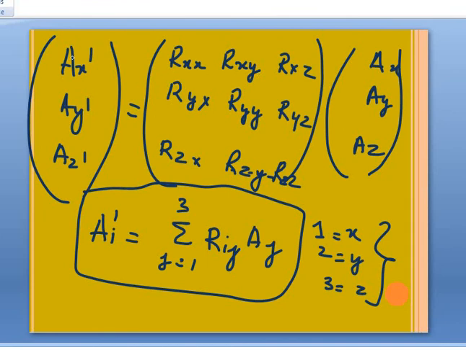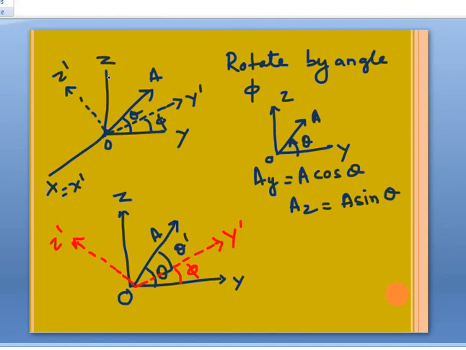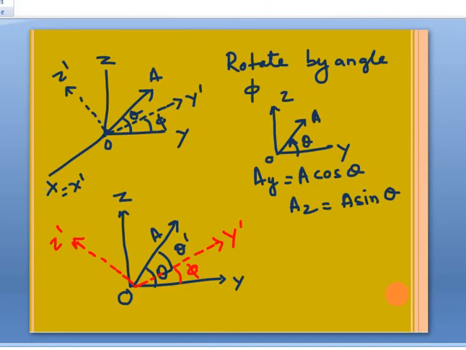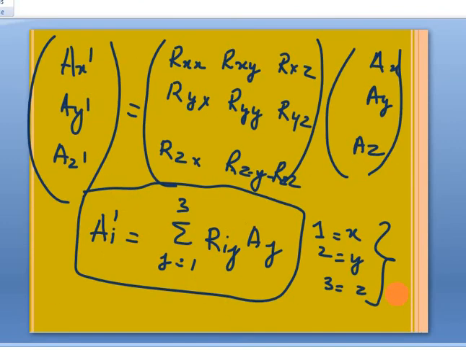Here it was a rotation about the x-axis. What you can do now is try doing it with the z-axis, try doing it with the y-axis, and you will get rotation matrices of different forms. If here you have got 1 0 0, this 0 0 1 will shift accordingly. So that you can try. Now we have only done it for the x-axis. Please do it for the y and z axes.